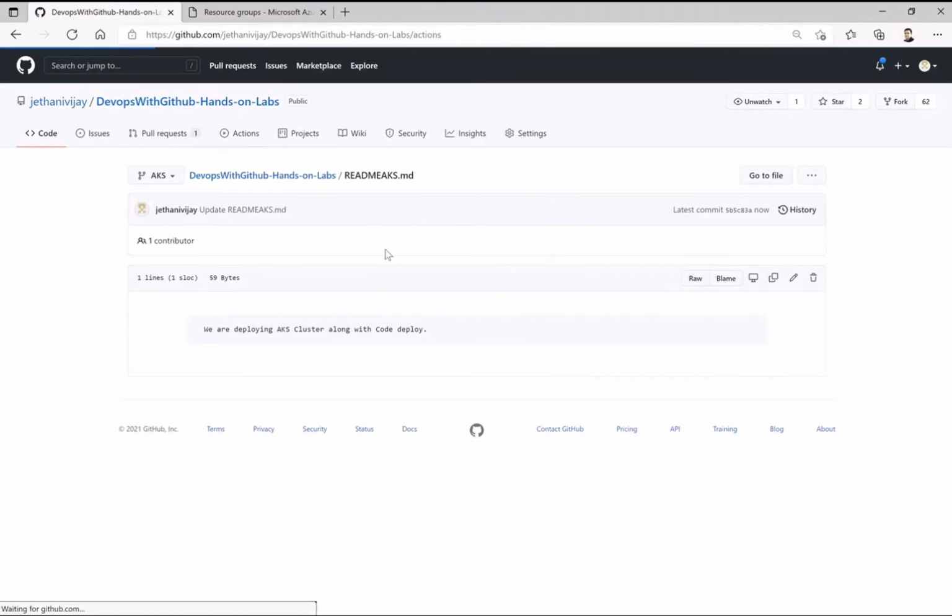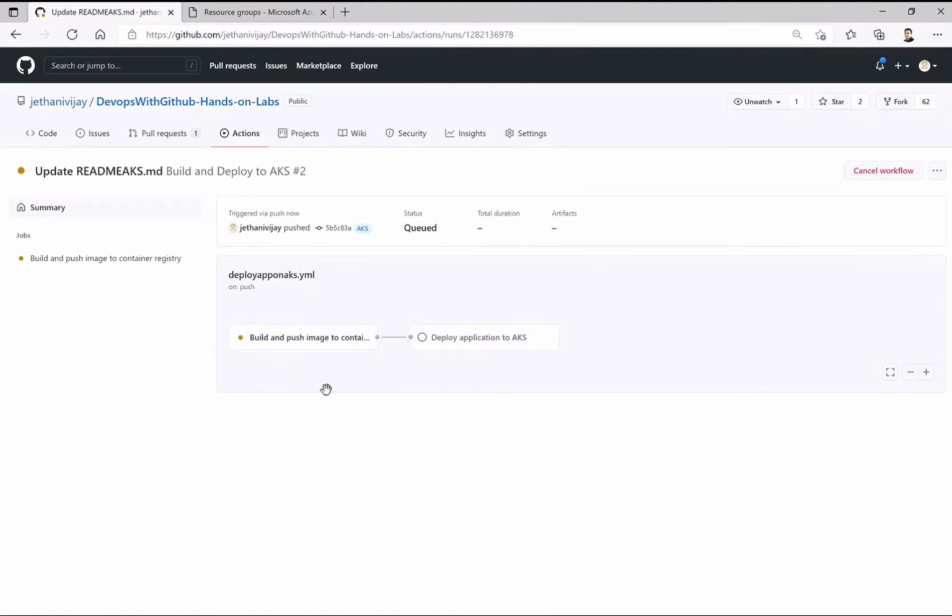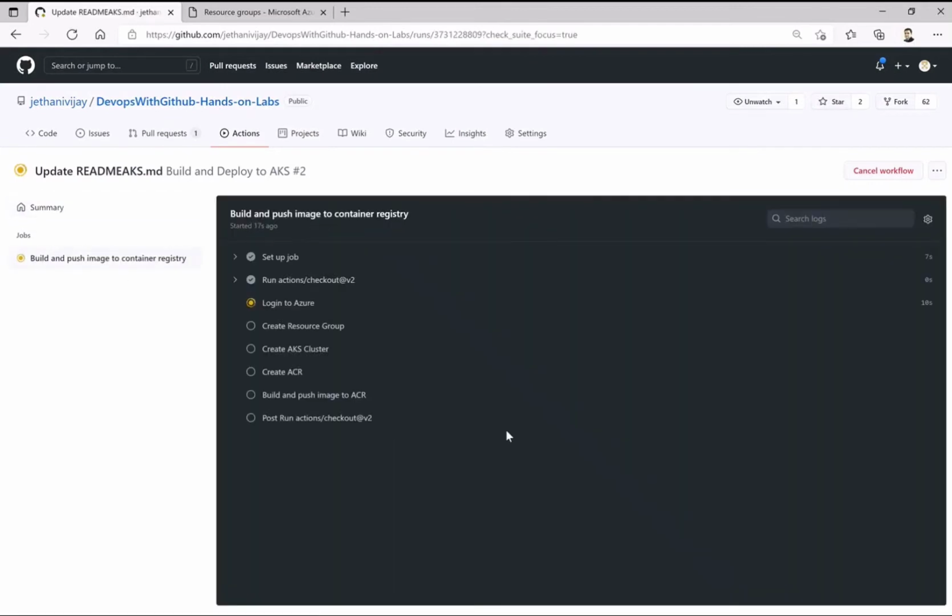So as I said, this will go and trigger that workflow, and we have two stages. One is my build stage, where I'm using that particular Docker file to build that image and push it to the container registry. The other part is using that image, I'm going to deploy it on my cluster. So let us go through it one by one, and let us see if it is creating the resource group and a number of things on its own.